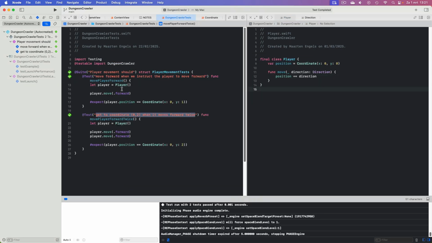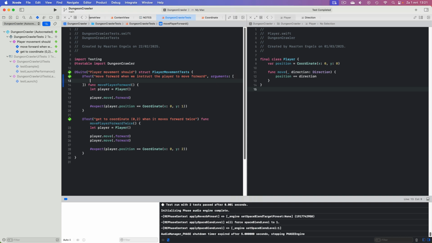So what would be a nice next test? Well, what we could do is parameterize this test and say, if I pass in a direction of forward, then I expect the resulting coordinates to be 0, 1. And then we can pass in a test case here that is